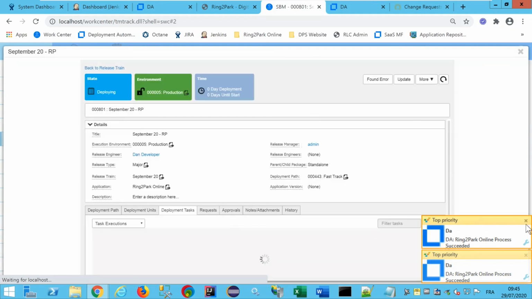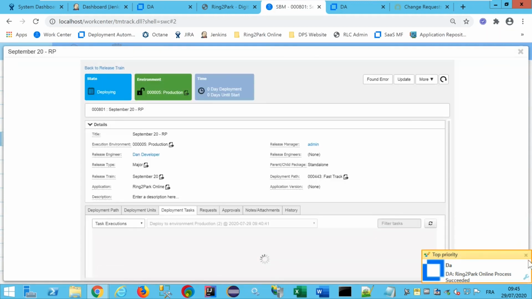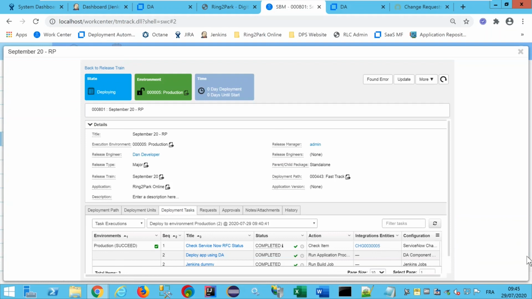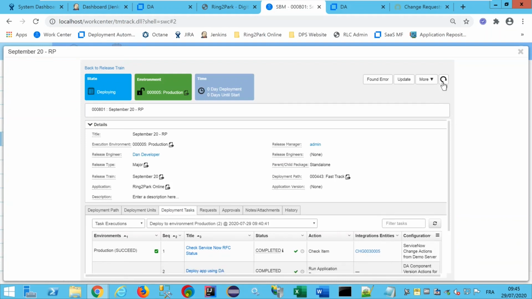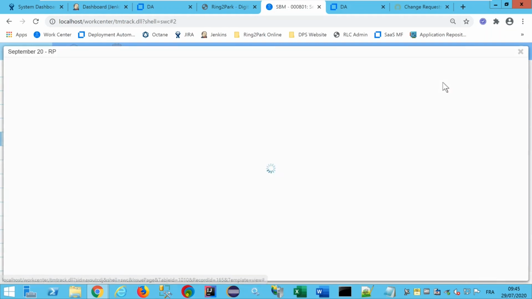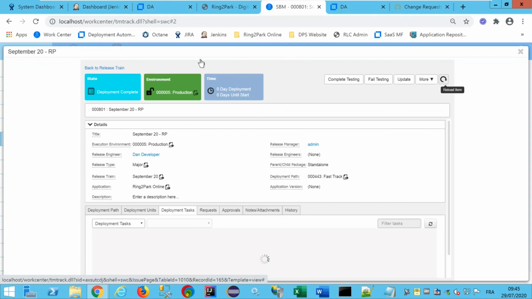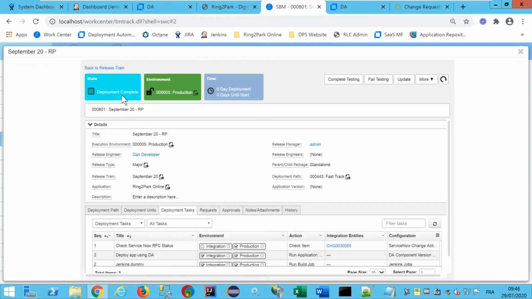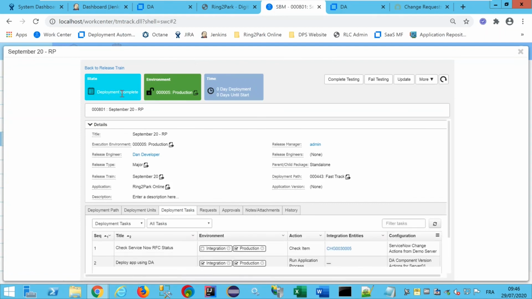Again, email notifications. So we see now the release package is in deployment complete state. And now we can go back to the train.